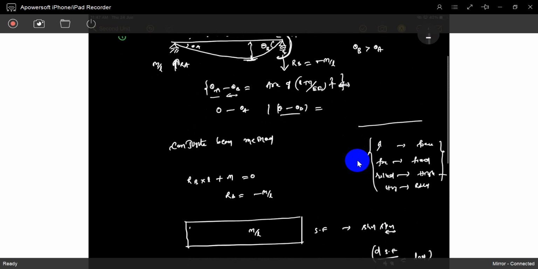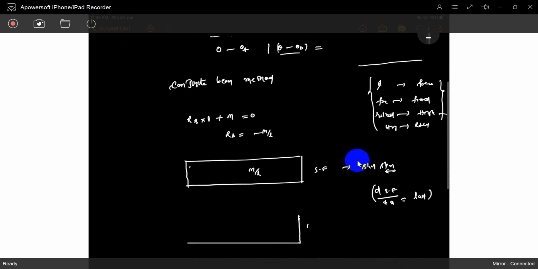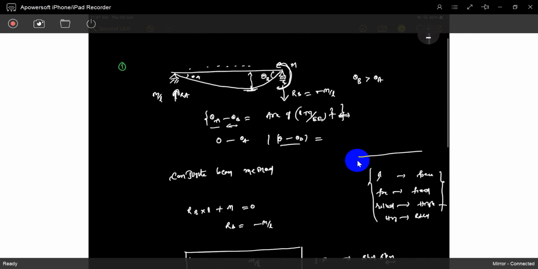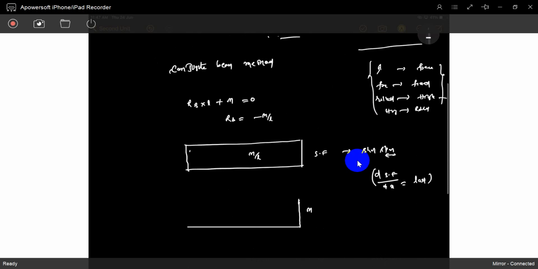In the bending moment diagram, at this B location we have M. That is M directly, no need to calculate it. And at A it is 0, because it's just a hinge joint. But it is a concentrated moment. At B also it is just a hinge joint, so there is no bending moment, but it has this concentrated moment. Is that understood? So this is M and this is 0. That's it.